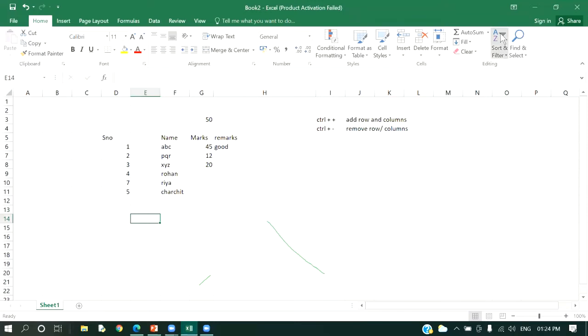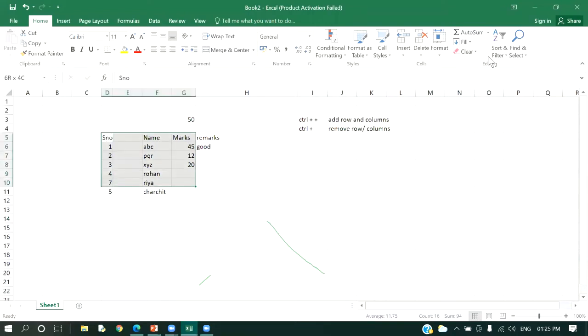So you can use the sorting feature, and let me just tell you, the sorting feature is used in a single column. You cannot use sorting on more than one column in a table. Let me just show you how to sort. Sort and filter.